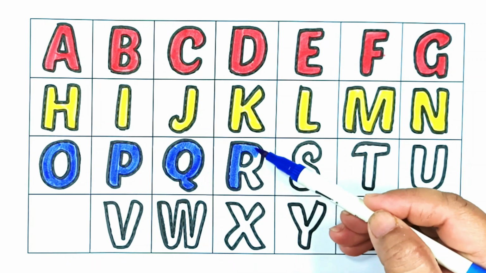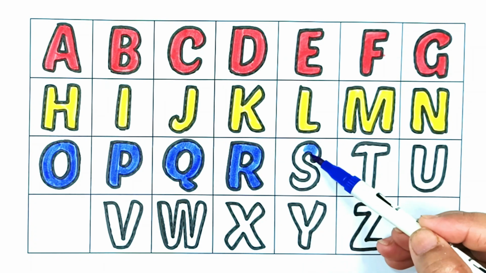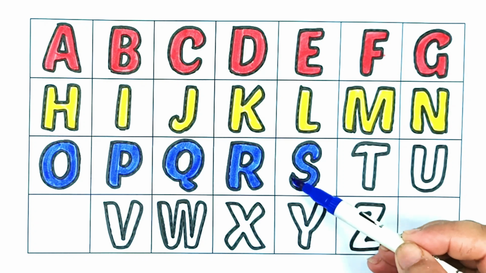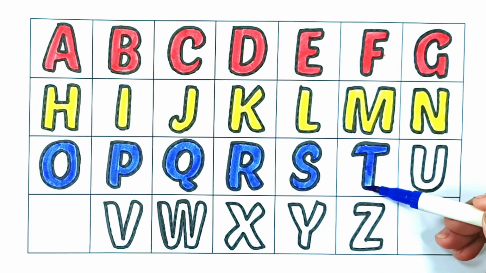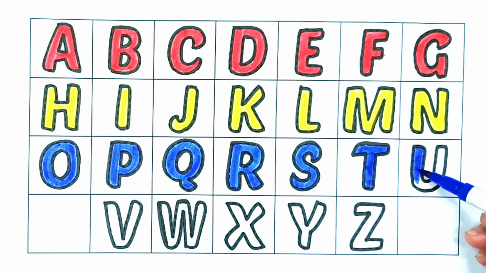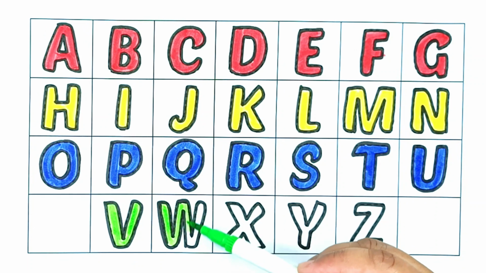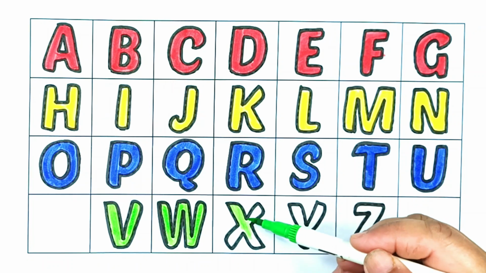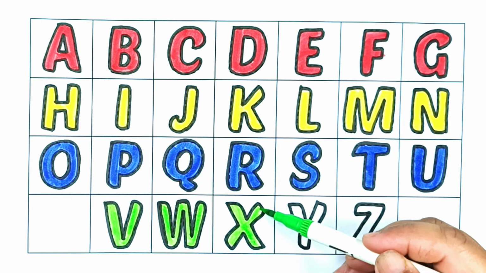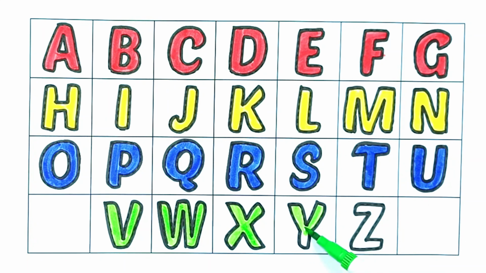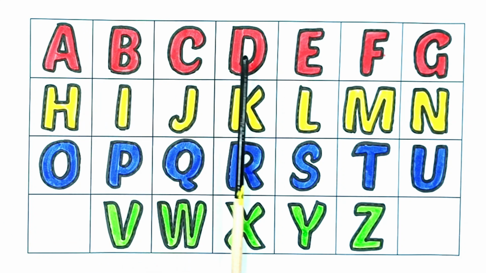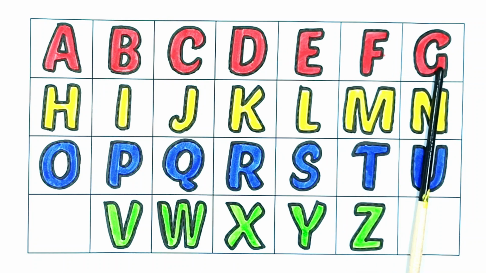R for ring, S for star, T for train, U for umbrella, V for van, W for watch, X for xylophone, Y for yacht, Z for zebra, A, B, C, D, E, F, G, H,